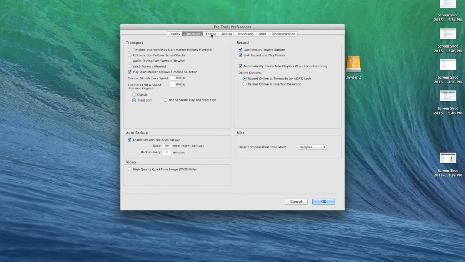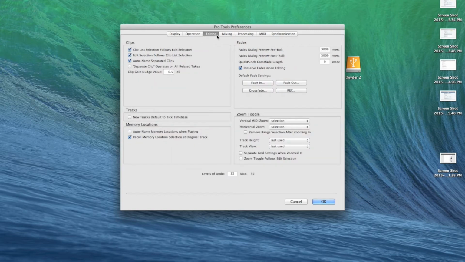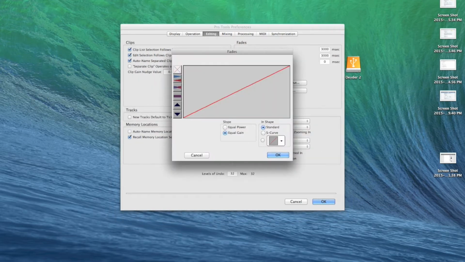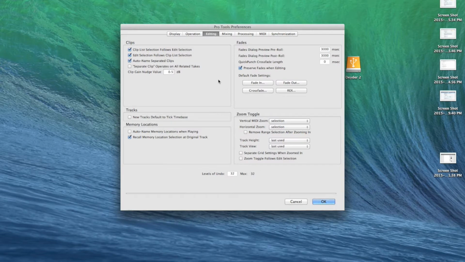Now this next setting called timeline insertion follows playback equals pressing the letter N as a quickie, which you'll see has to do with pressing stop, and play, and changing how Pro Tools acts, whether it keeps going or it keeps playing from the spot you were before. Also, you have the fade-in curves there, which I usually like to just set to a certain specific fade before I make them. And then you also have the auto-name the markers, which is very useful to get you ready for a fast recording session.